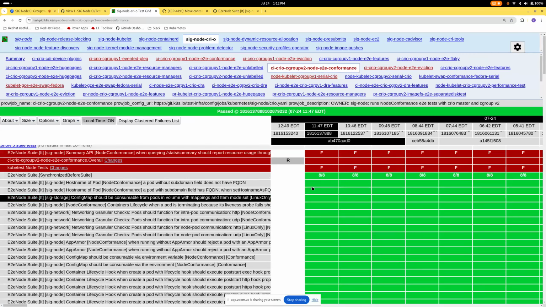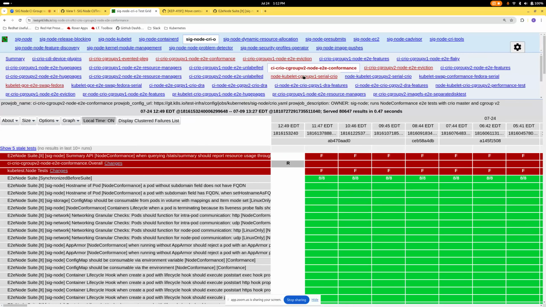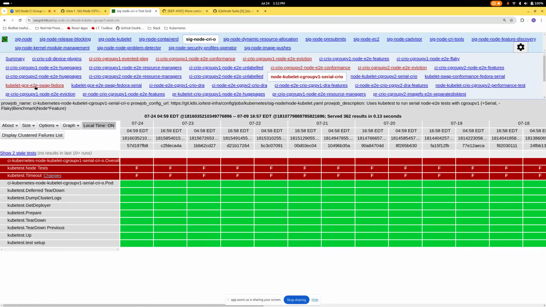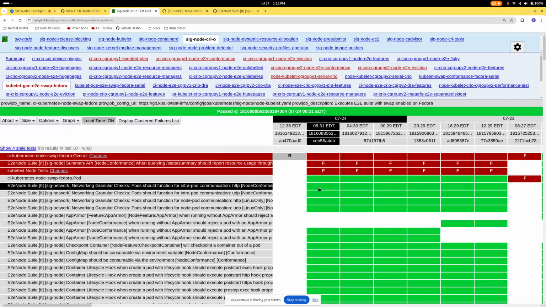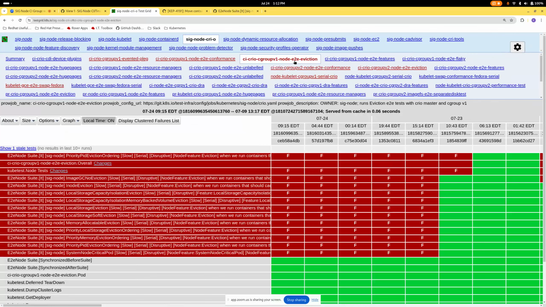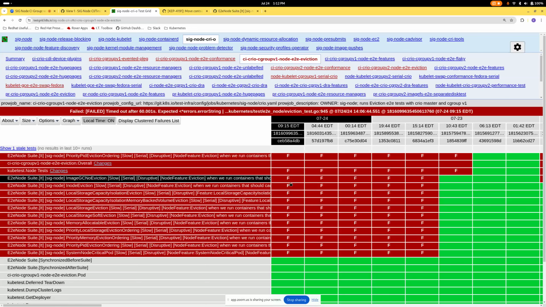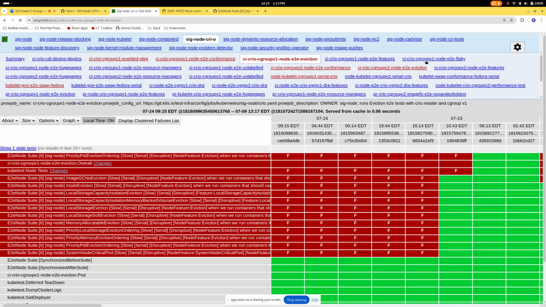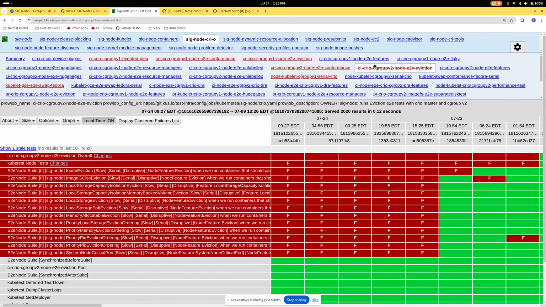On the cryo side, I think these are all related to this problem. And then I think eviction is failing in a similar way because we're relying on the summary stats, which is failing. I'll make sure once this merges to check all these.